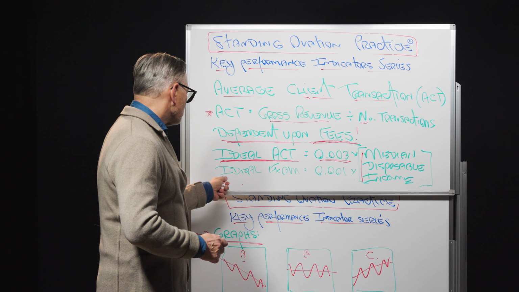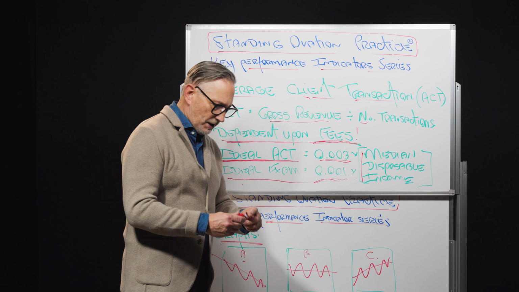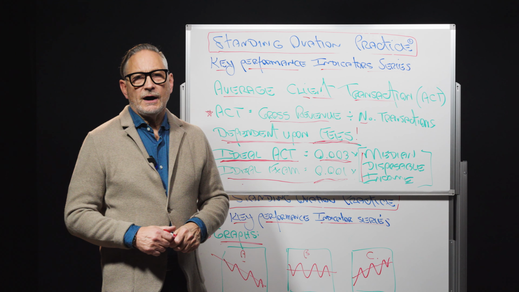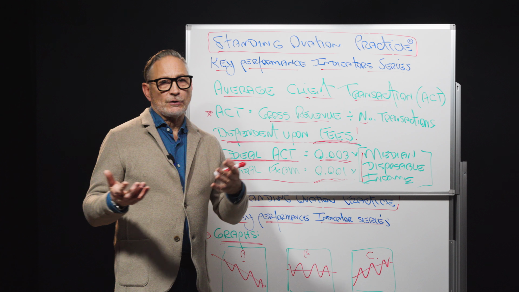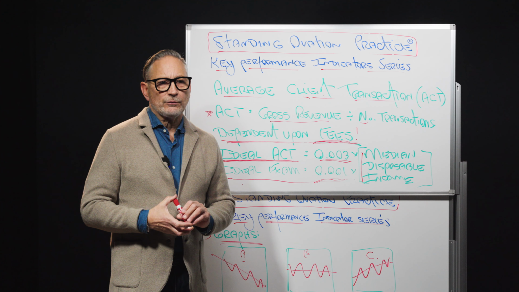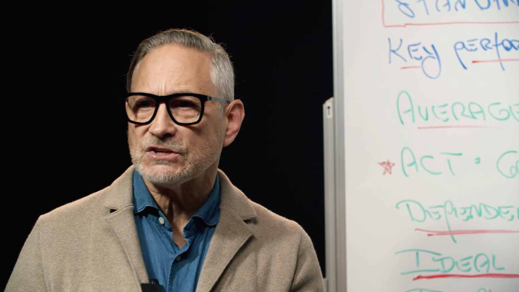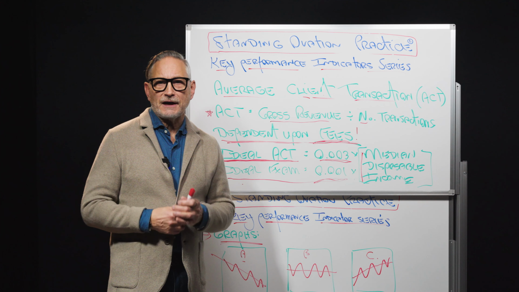Okay, guys. Also, as a little aside here, the ideal exam fee is 0.001 times the median disposable income. The median disposable income, again, varies by location and it varies by year. So if you want really, really up-to-date information, just send a little question in the chat box down below, and I'll get back to you. I can access more precise files and get that for you.